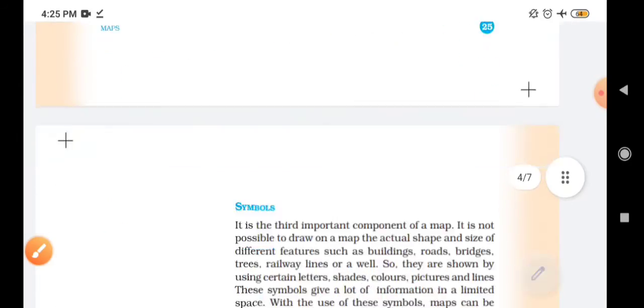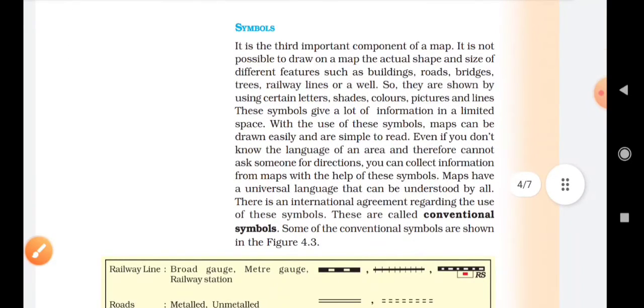Next, symbol. The third important component of a map is the symbol. It is not possible to draw a map without the help of symbols. So symbols play an important role in pointing out different features such as buildings, roads, bridges, trees, and railways as well.